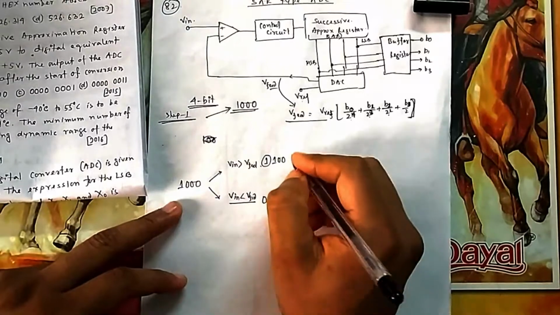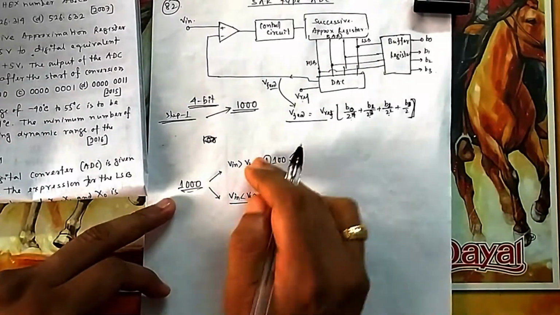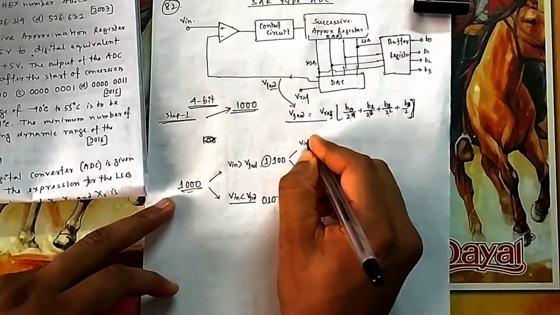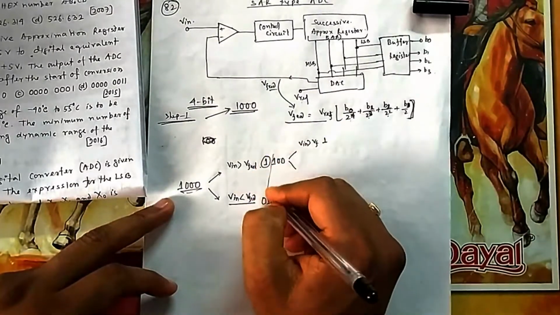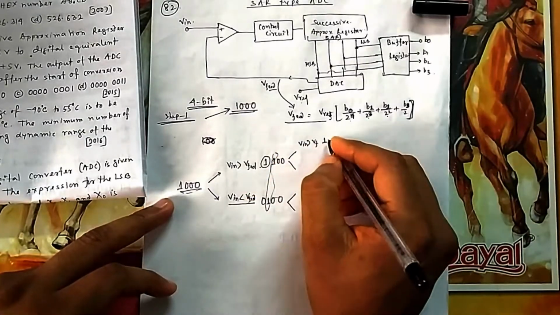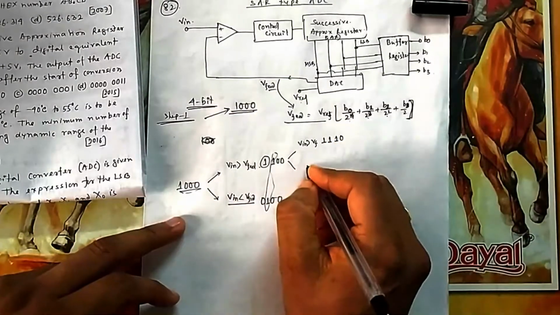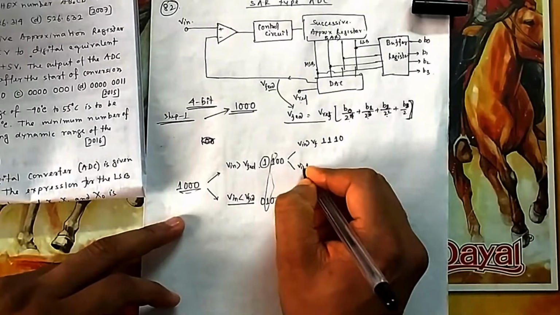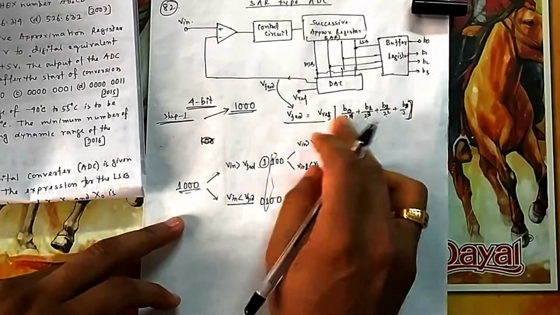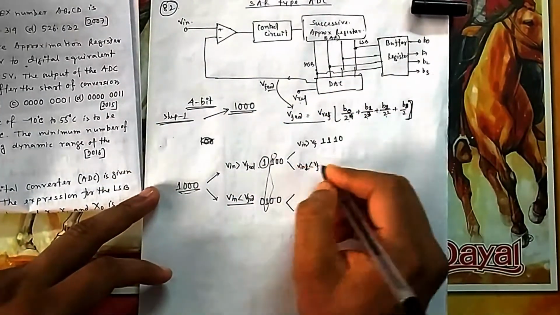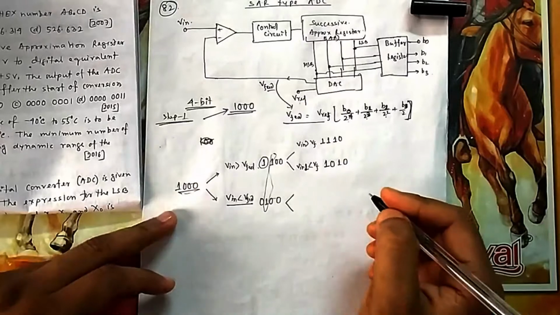Why is the next bit 1? To make the next comparison. Again you will compare here. So everywhere you will have two options. Starting from here you can go either this way or this way. Here also you check if V in is greater than V feedback, then the earlier bit was 1, that is done. You are now checking the second bit. If it is greater, it will be kept 1, and the next one will be made 1 to make the comparison. Suppose V in is less than V feedback. Here V feedback will be changing because the bits change, so according to this formula V feedback will change. So the initial one was 1, you are checking the second one, so that will be made 0, and the next bit will be made 1 for comparison.